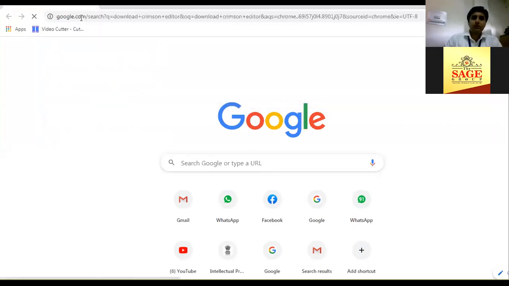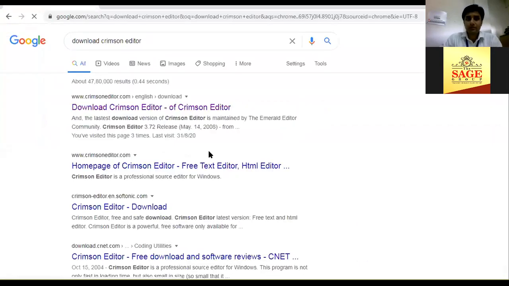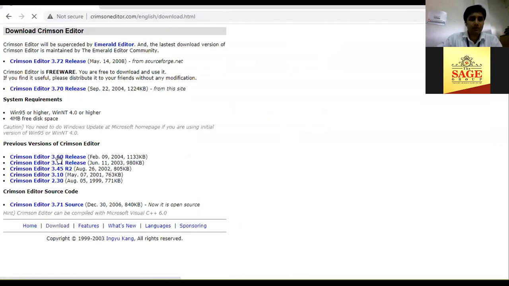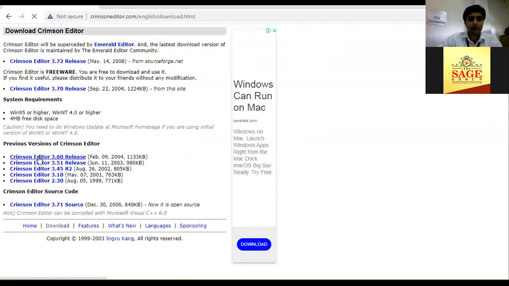You can also use Notepad to type your Java program. So I use Crimson's official site. I will go on Crimson's official site, and from here I will download Crimson Editor 3.6.0, and after downloading that, I'll click on it and follow the instructions. I just have to click on next, and okay.